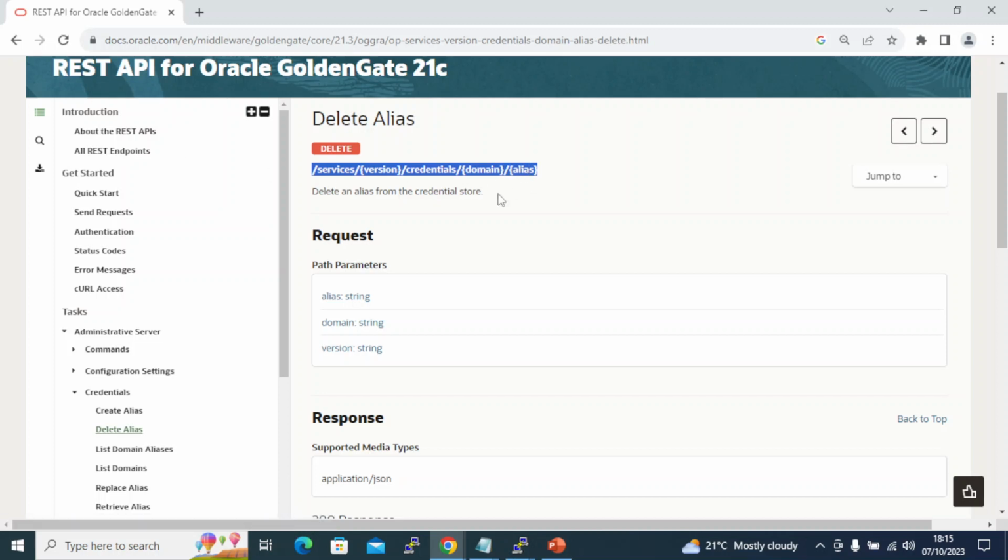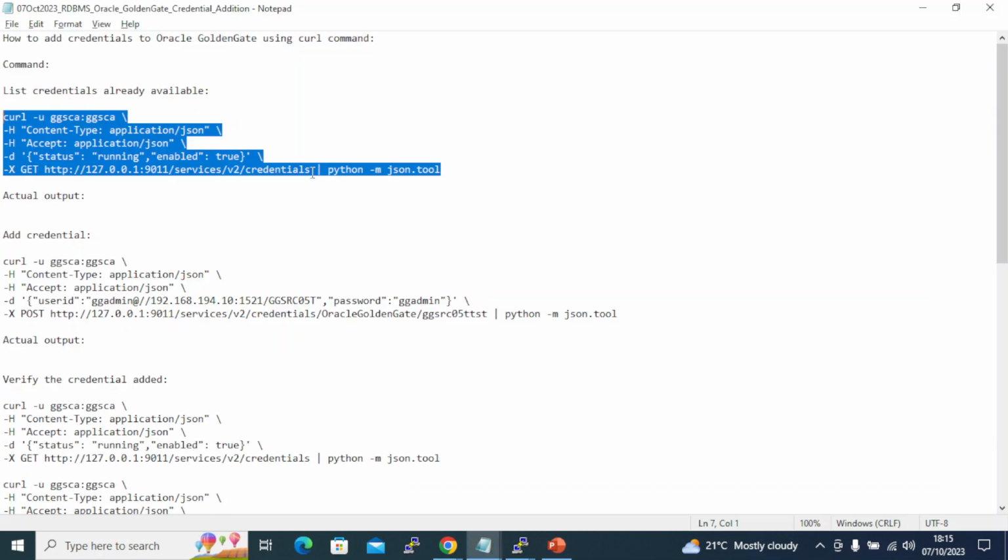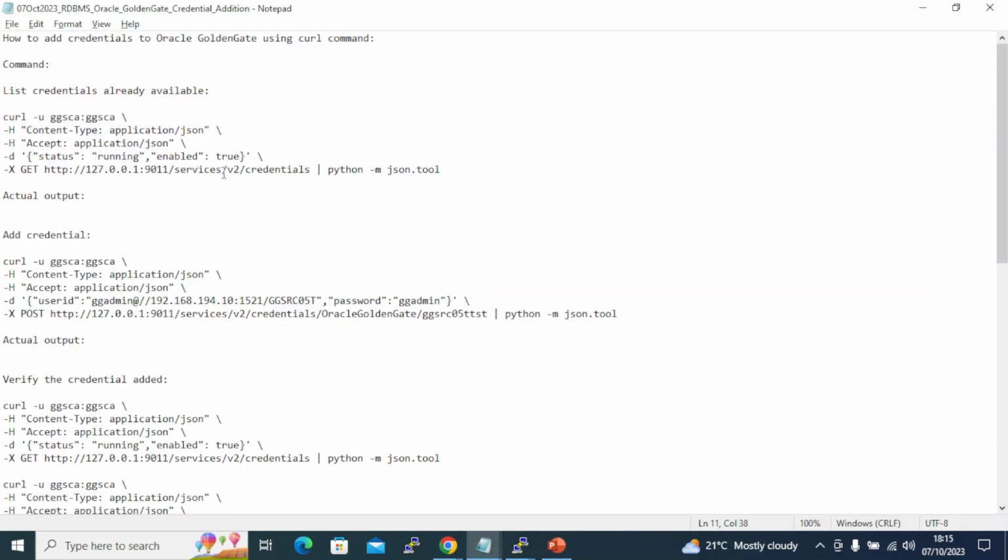Yeah, maybe it's the endpoint, and action and the endpoint you need to be very clear. So first thing we are going to do is list out the credentials, right? For that the endpoint is credentials. Alright, so